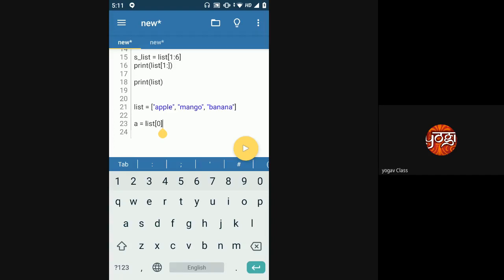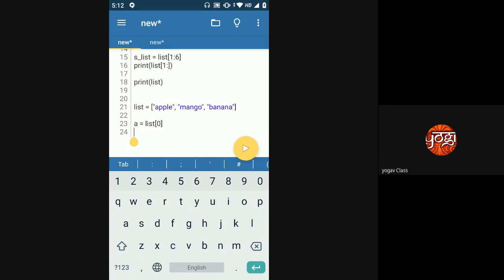Right. So now in this case, what I'm asking you is I have a list of strings here. I have three strings in my list: apple, mango, banana. Now I want the first character from the string apple which is present inside a list. So how will I get it? The one simple way we can think of is I'll just say a is equal to list of 0.